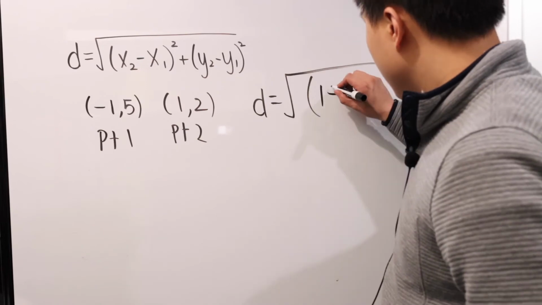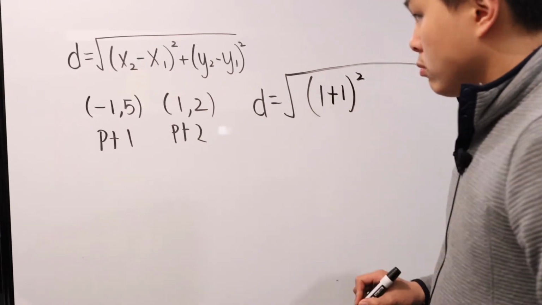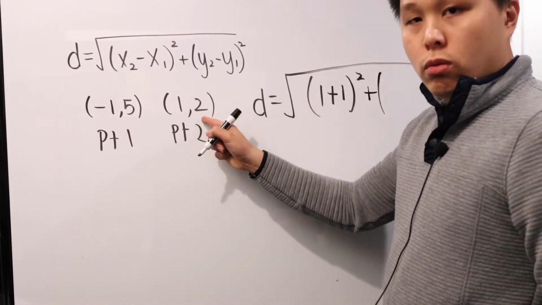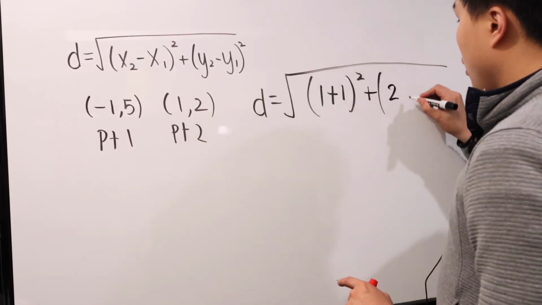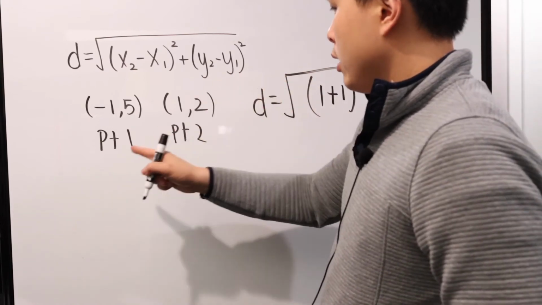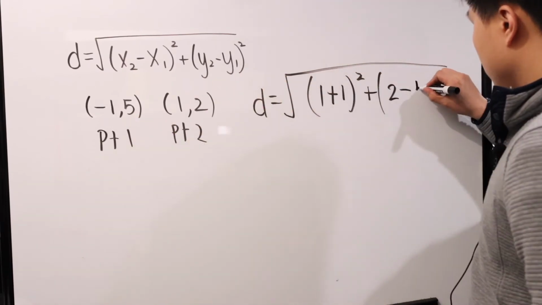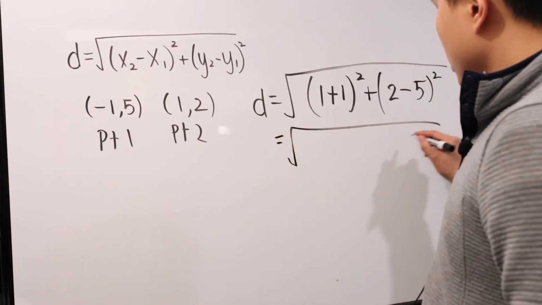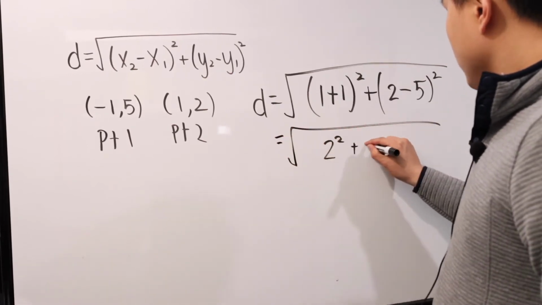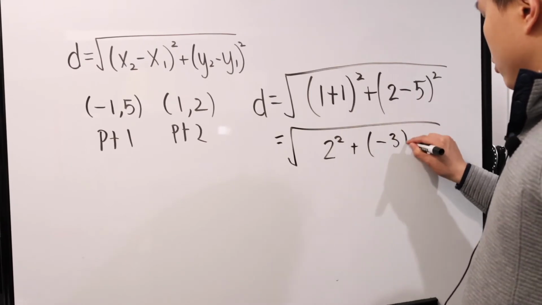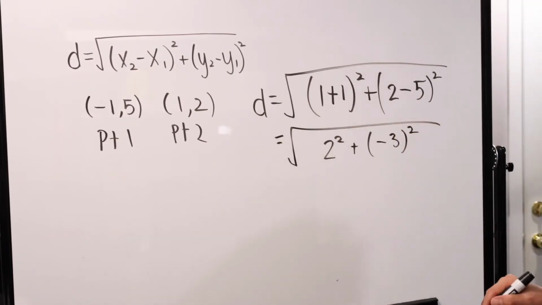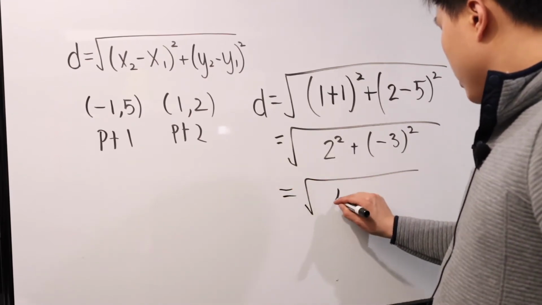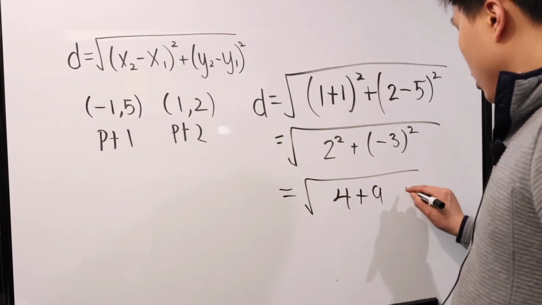So minus minus is plus 1, squared. Plus, y2, which is right here, 2, minus y1, which is right here, is going to be 5 squared. Okay, what does that give us? Well, quite simple. 2 squared plus negative 3 squared. That means it's going to be the square root of 4 plus 9,